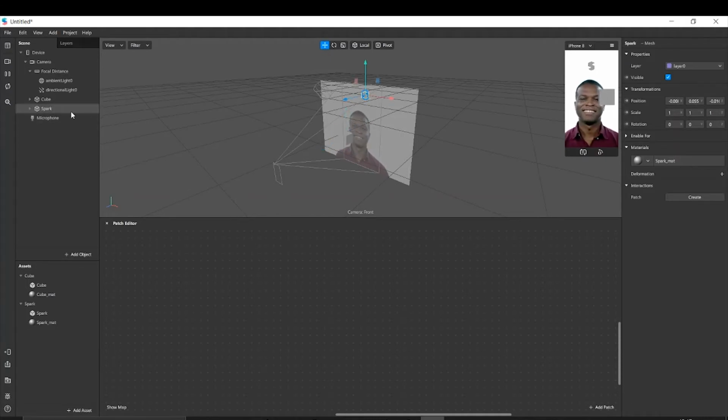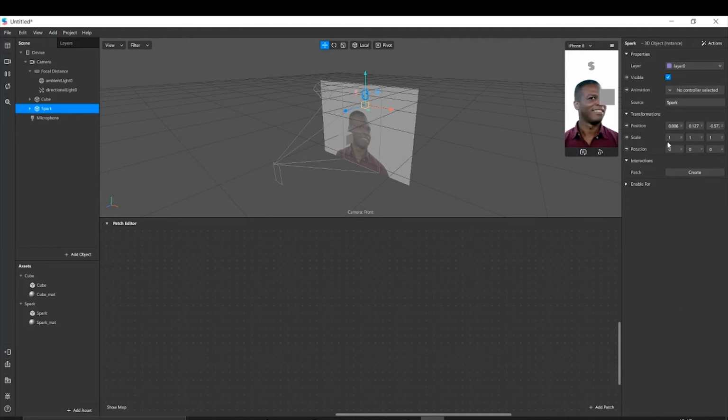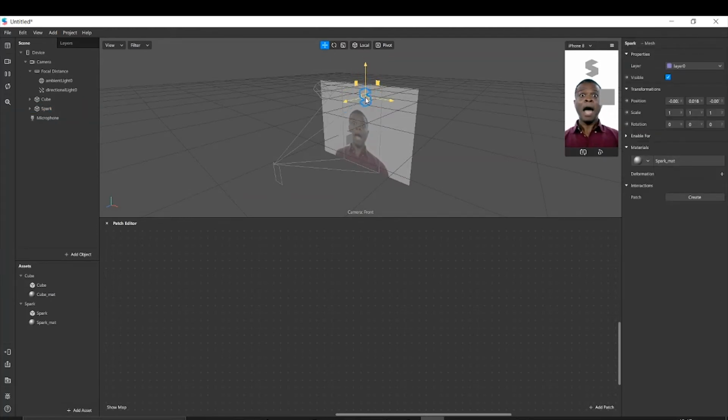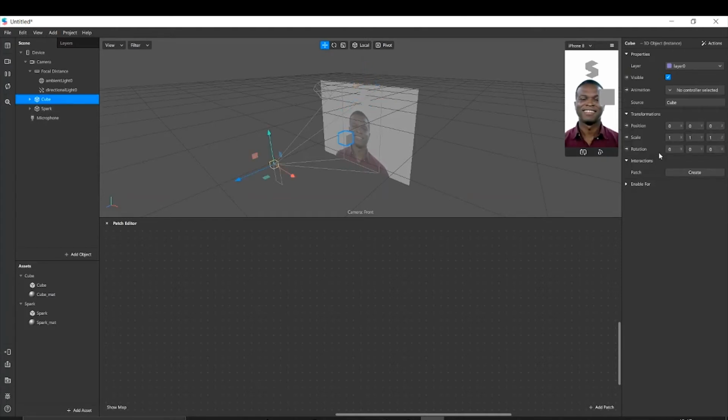Now I'll choose the spark option, go in the properties, scale option is there. I'll make it 2 and 2. So see, we see a bigger size. I go to the cube, I change its scale also, and 2. Let's keep it as a cuboid only.